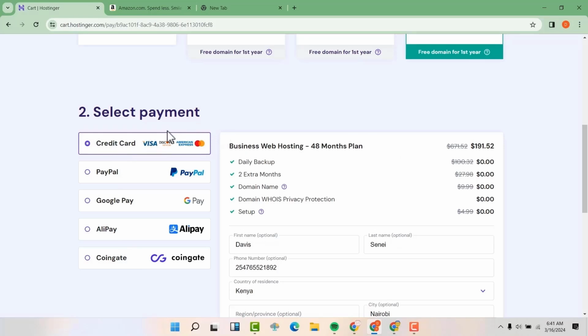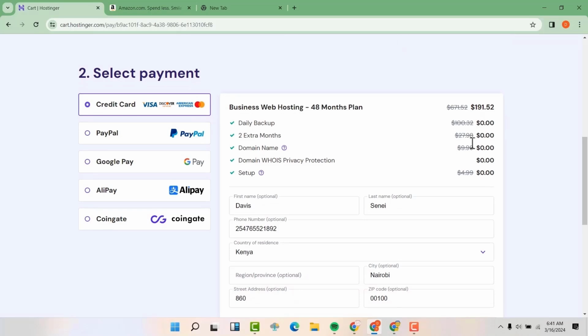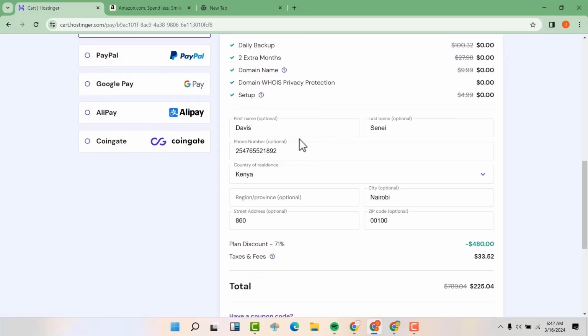So I'm going to use my credit card, and now you can see on your billing here that you are going to pay around $671. Now you are paying $191.52. You have 2 extra months, you have a free domain, and you have WHOIS privacy protection, and you don't have a setup fee. So you're going to now fill these details.